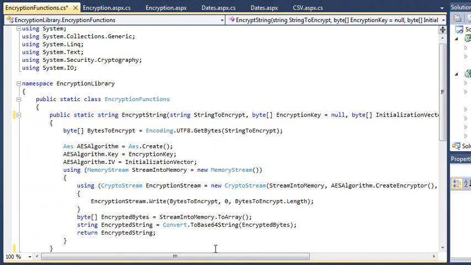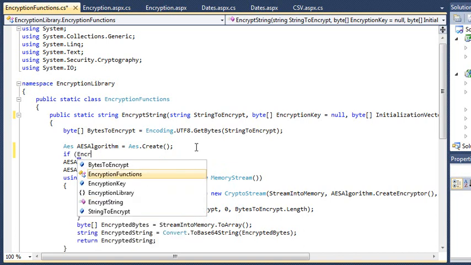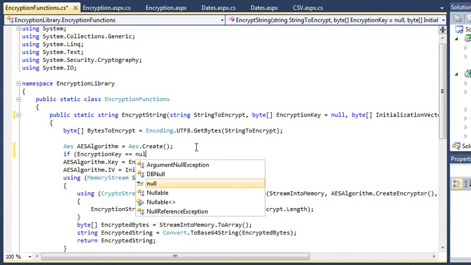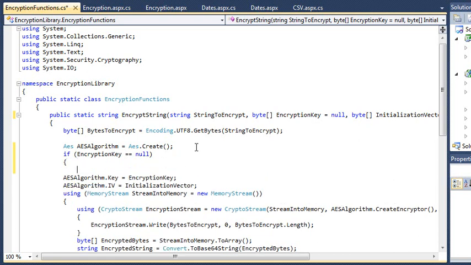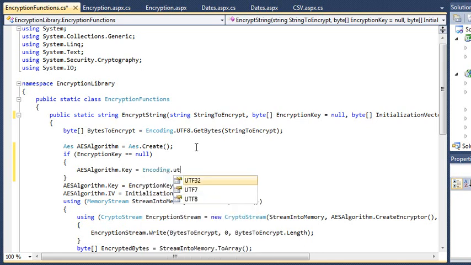The encryption process won't work with null encryption keys and initialization vectors, so you'll have to change the code to work with the new optional arguments. Change the line aesAlgorithm.Key = encryptionKey to if encryptionKey equals null, aesAlgorithm.Key = Encoding.UTF8.GetBytes